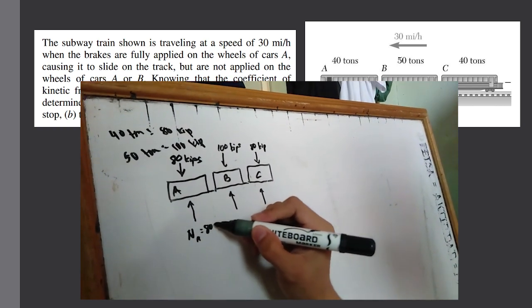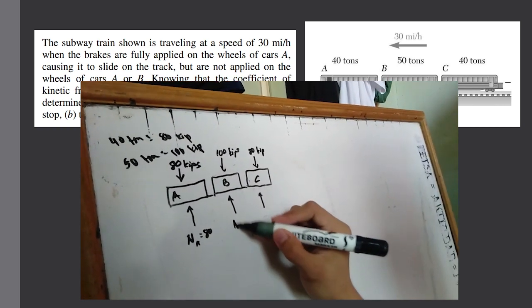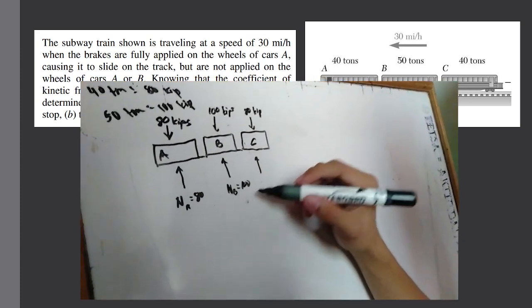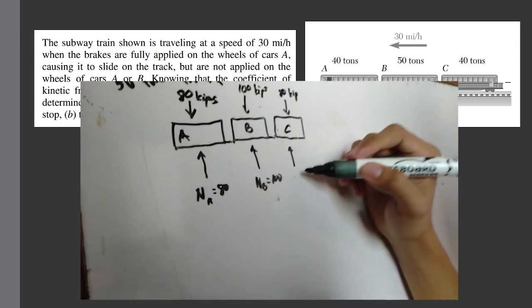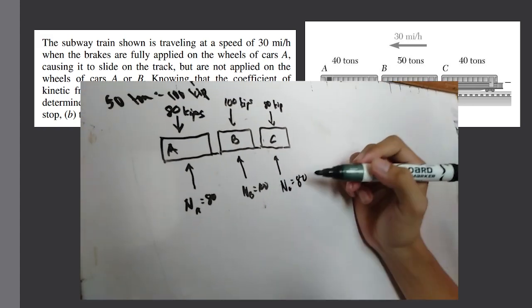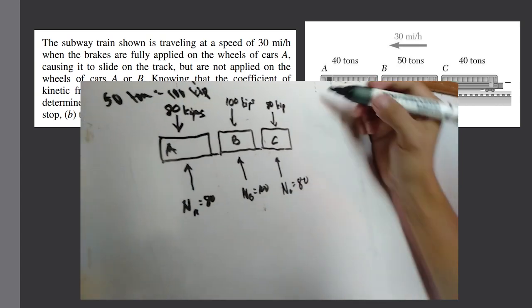NA is equal to 80 kips, then NB equals 100. This is the normal force. Normal force, I almost forgot. And NC is equal to 80. So,